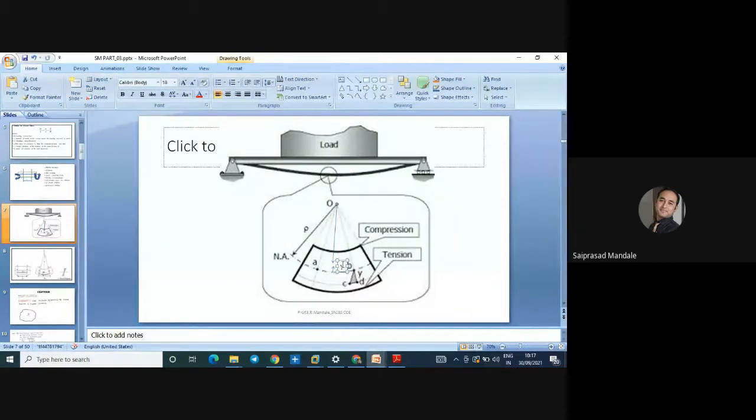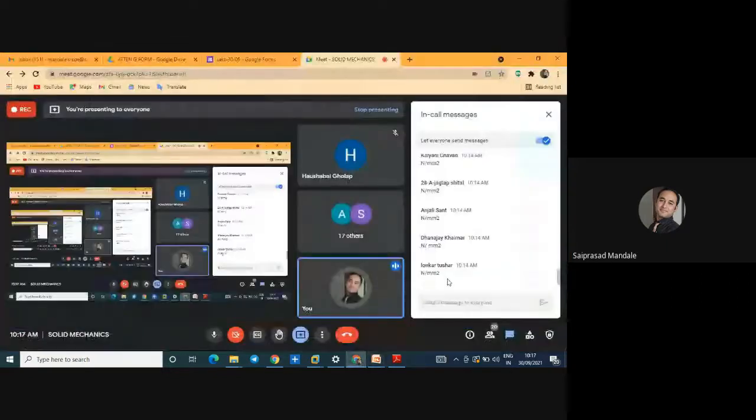But at a time, we have to focus on only one layer. So the distance between this layer and this layer is Y. So if this is R, then R plus Y is the distance of CD to O. Are you getting my point? I am repeating, Y is very important for the numerical solution. Try to understand the term Y.